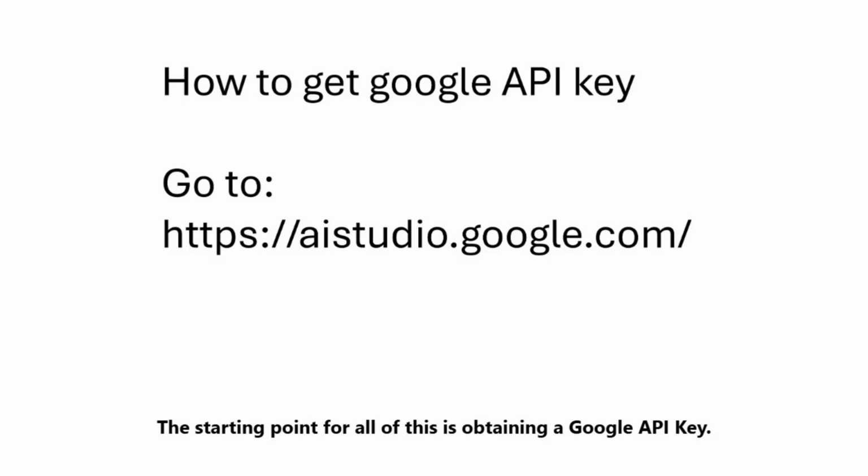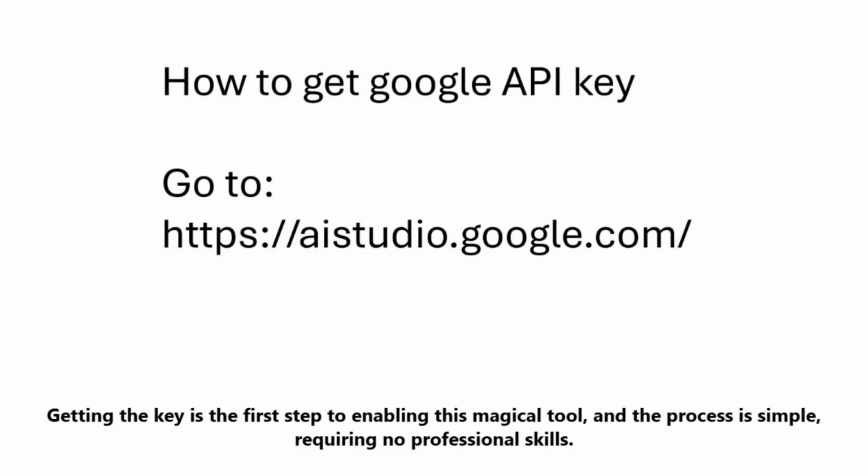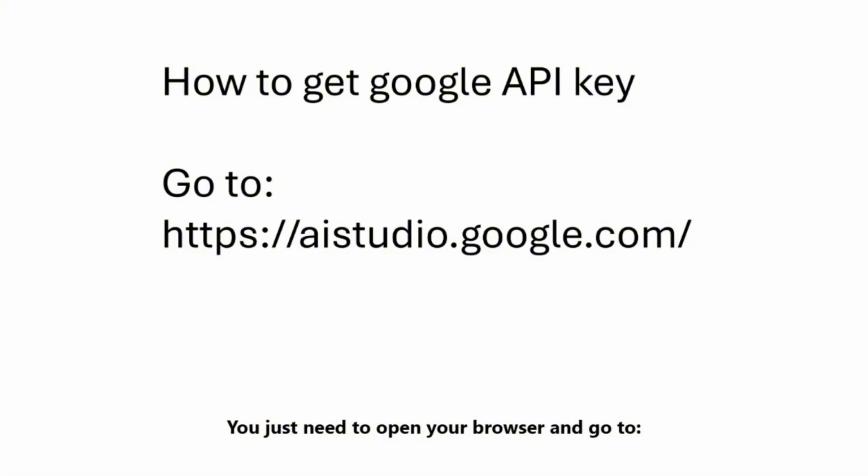The starting point for all of this is obtaining a Google API key. It's like a dedicated access pass that allows our tool to connect securely and smoothly to Google's intelligent brain and use its number recognition capabilities. Getting the key is the first step to enabling this magical tool, and the process is simple, requiring no professional skills. You just need to open your browser and go to